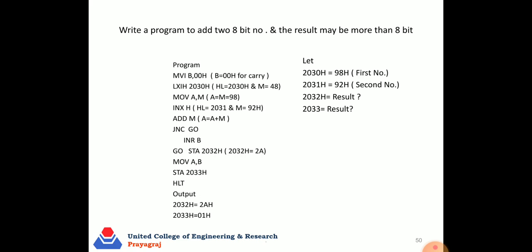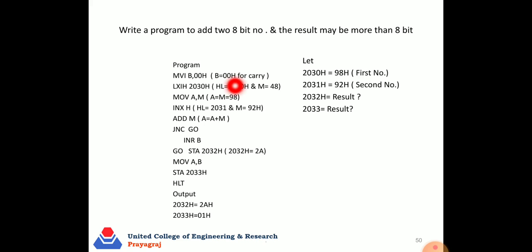It may be 8-bit, it may be more than 8-bit. So let's discuss one by one.